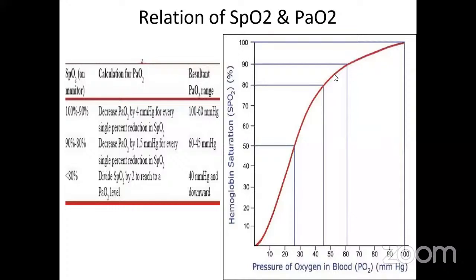लेकिन यहाँ पे कर्व करीब करीब 45 या 30 डिग्री का है, इसके बाद ये एकदम से स्टीप हुआ है। अब अंतर बहुत बढ़ जाएगा। जैसे कि 90 से 80% के बीच में जब PaO2 है, तब हर 1.5% SpO2 कम हो रहा है तो PaO2 1% कम हो रहा है, और इसके बाद 50% पर SpO2 को 2 से डिवाइड करके PaO2 लेवल तक पहुँचते हैं। यानी कि अगर किसी का SpO2 50 है, इसका मतलब कि उसका PaO2 केवल 25-26 है। ये देखिए, ठीक है। तो इस कर्व को समझने का ये फायदा है।